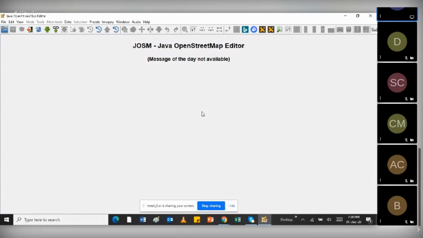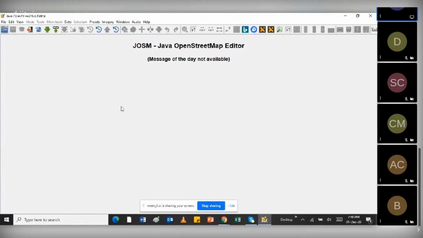So in this case, it's just preference. There are people who prefer iD editor, and there are those who prefer JOSM. I've attended several hackathons, and there are people who would swear by JOSM. If you ask them, will you use iD editor? They'll say, no, I prefer JOSM. There are those who also swear by iD editor. So it's all based on preference.